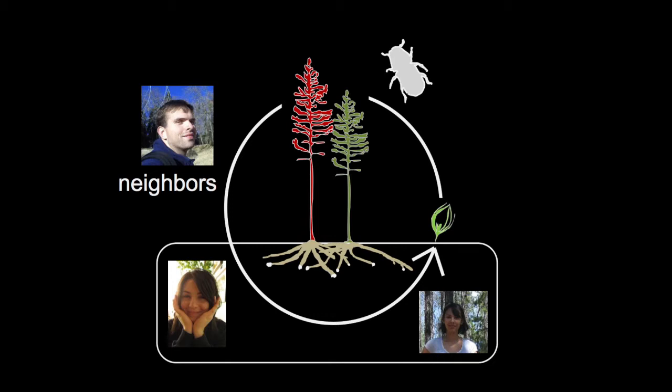Our third objective considers the roles of neighbors, and specifically the death of these overstory trees. For seedlings, as I mentioned, most of their neighbors are these overstory trees. So what happens when these trees die? What happens ultimately to the network of mycorrhizal fungi? Is it compromised? Does it collapse? What's happening there? And then especially the consequences to seedling regeneration.